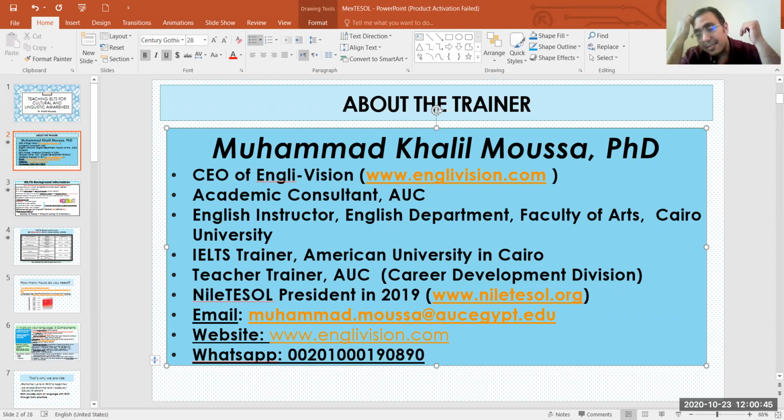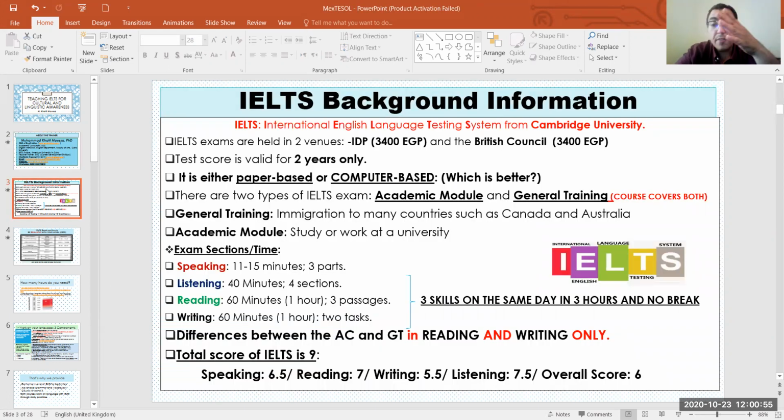So, from the title of the session, we're talking about the basics of learning the language and raising awareness about the linguistic features. But let me first remind you that IELTS is either academic or general. IELTS is from Cambridge, and it's provided by IDP and the British Council, and the exam covers 4 skills. In other words, when we talk about IELTS, we're talking about speaking, writing, listening, and reading. And this is something that all of us as teachers want our students to go through. We want them to experience and practice all 4 skills at the same time.